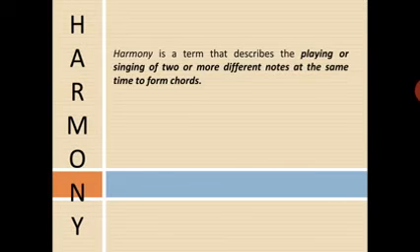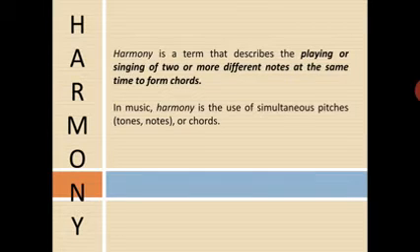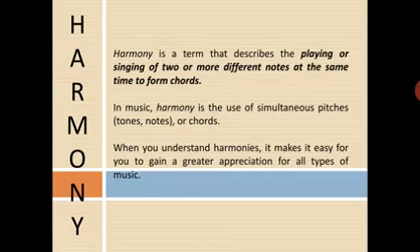The second basic element is harmony. Harmony is a term that describes the playing or singing of two or more different notes at the same time to form a chord. Mark the words, two or more different notes, played at the same time to form a chord. In music, harmony is the use of simultaneous pitches. Again, the word simultaneous, played together to form a chord. When you understand harmonies, it makes it easy for you to gain a greater appreciation for all types of